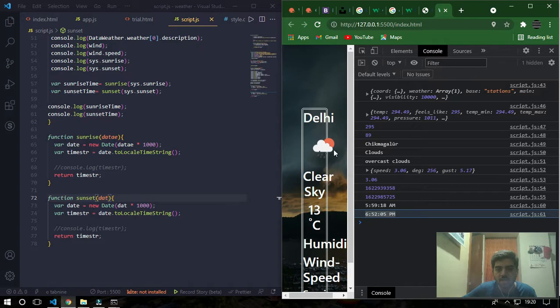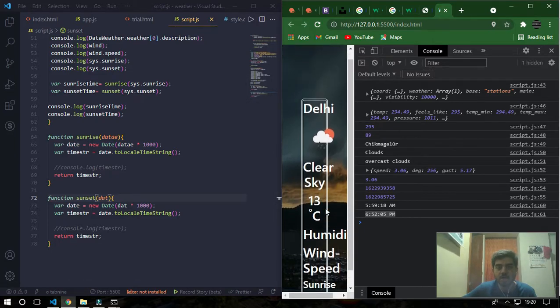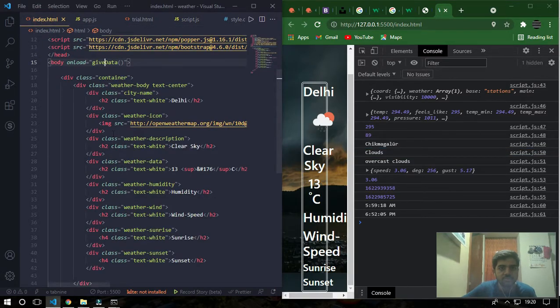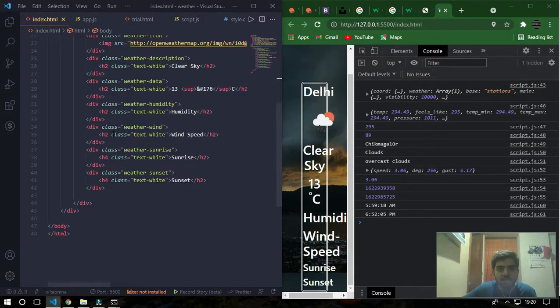Then what I need is an icon. First, let us just, using the DOM, change this data, because it's been a lot of time discussing this small web app. So then we need to add these clouds also. We just take humidity, clear sky.